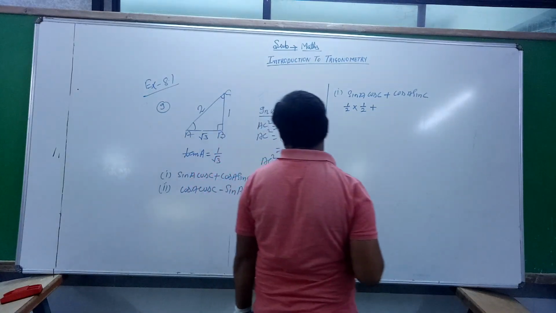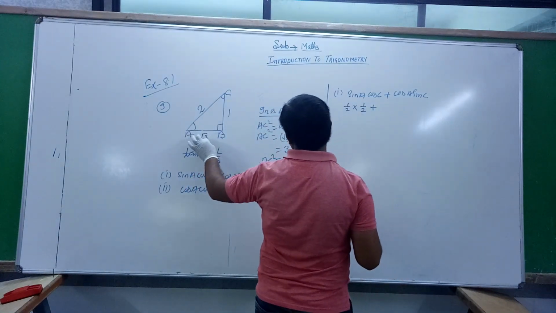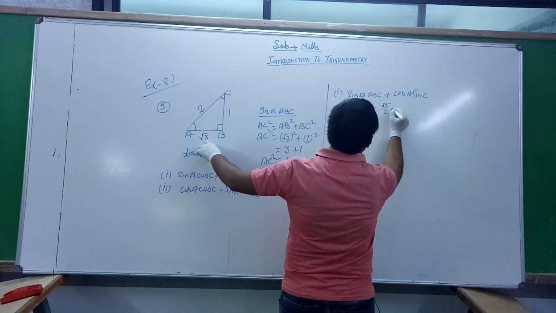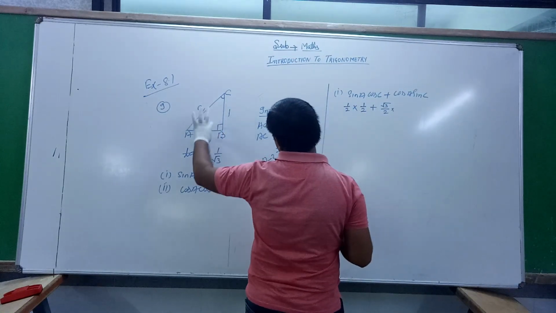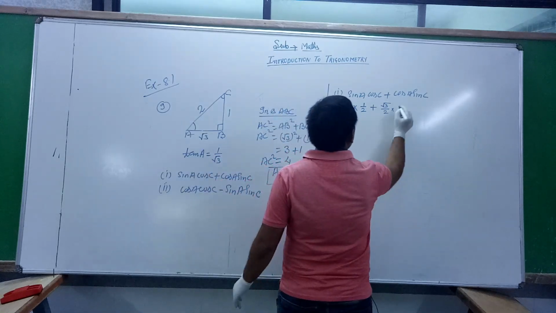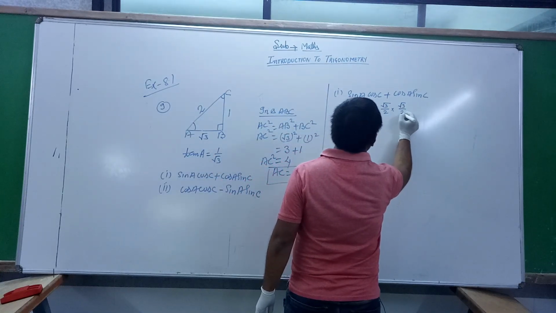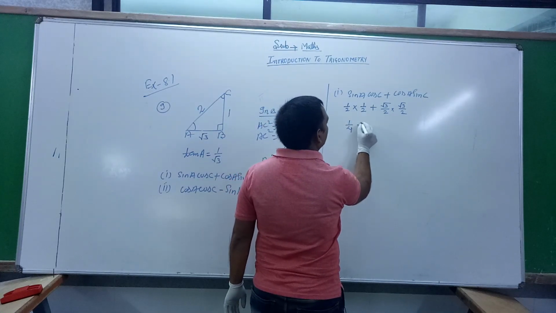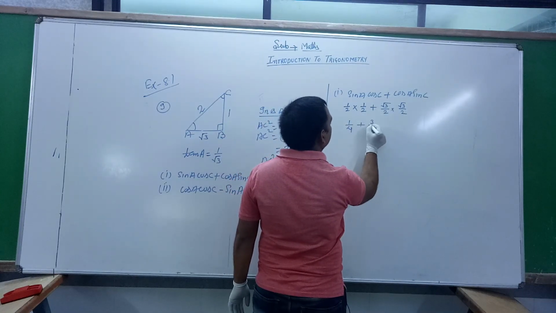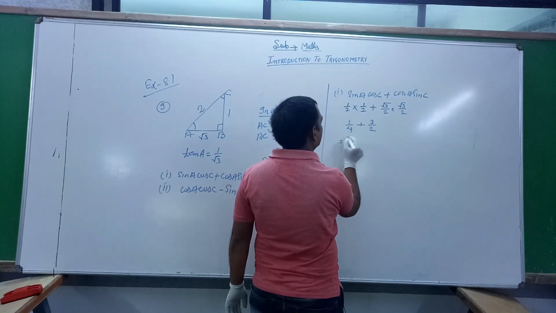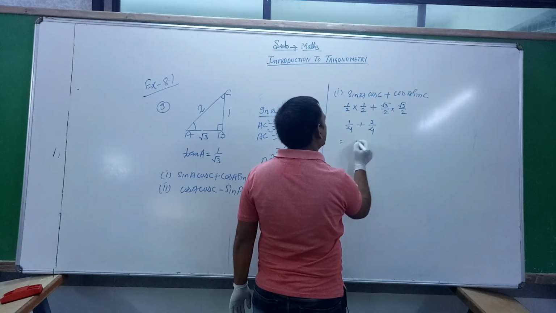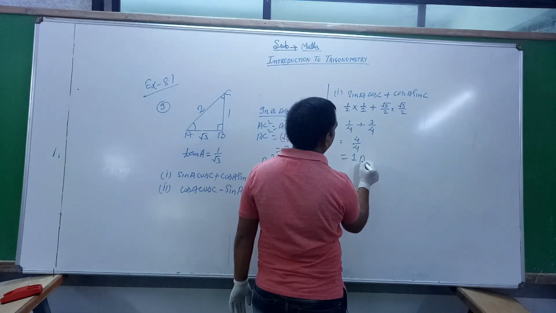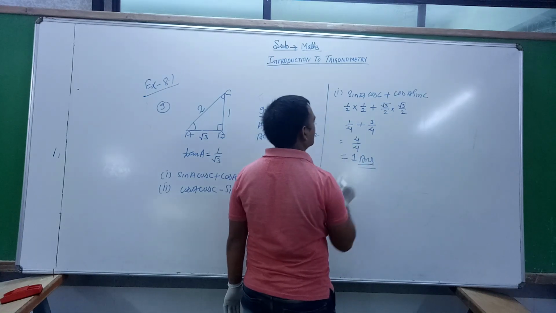Next, cos A is base upon hypotenuse, under root 3 by 2, into sin C. In that situation, this is the perpendicular, so this is under root 3 by 2. So you see that is 1 by 4, 1 1 is a 1 by 4, under root 3 by 2, that is 2 2 is a 4. So this is 4 by 4, that is equal to 1. That is the answer for the first question.